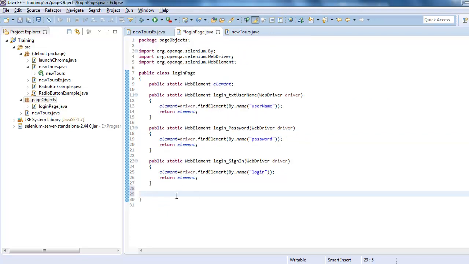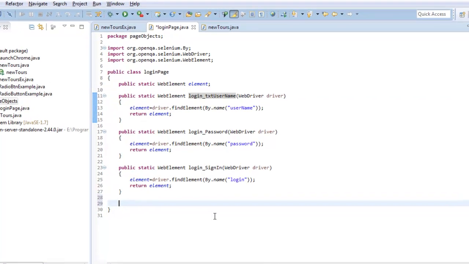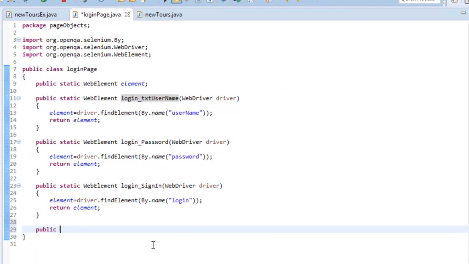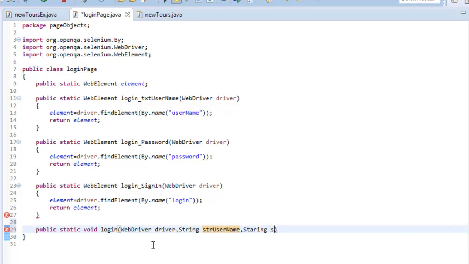Say I want to write a method, public static void login, which might accept a couple of things like WebDriver driver, String strUsername, and String strPassword.